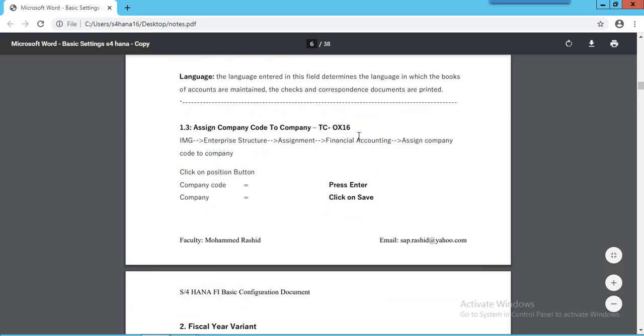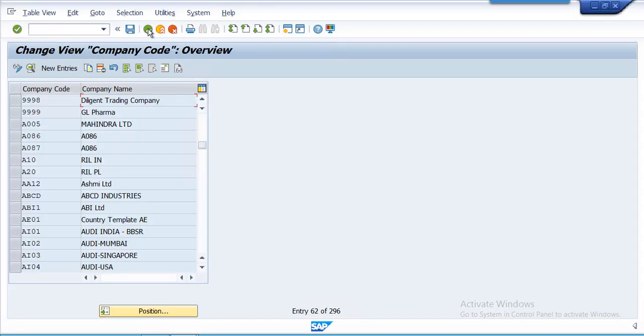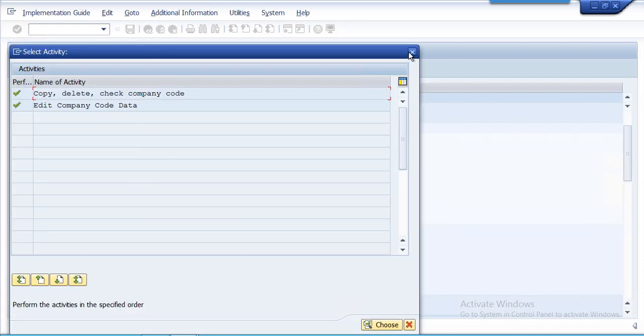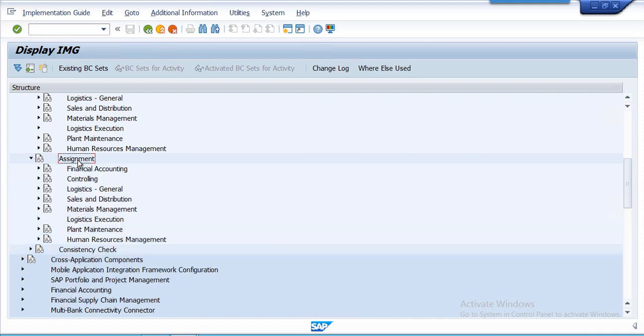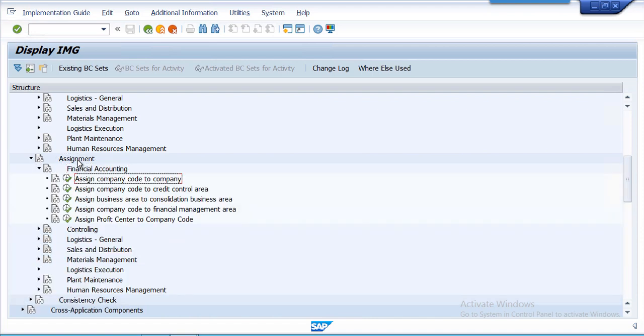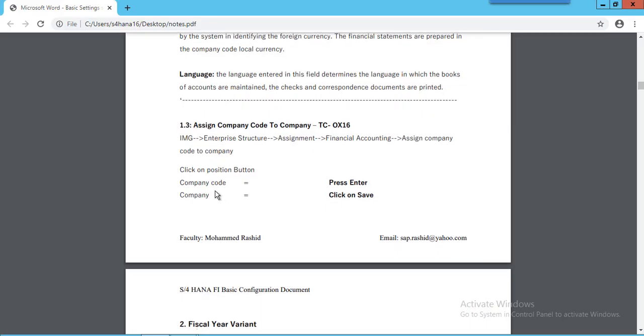Next step is to assign the company code to company. Go back. Right arrow, assign company code to company. Click on position; it is clearly mentioned in the notes.